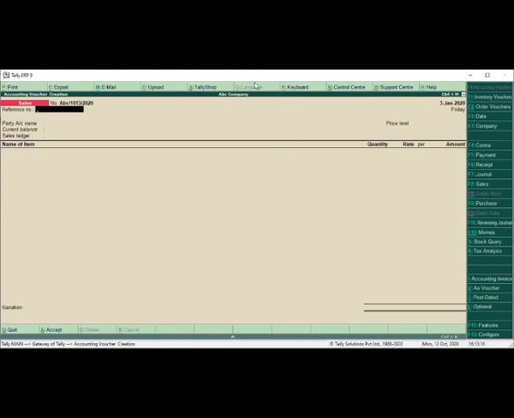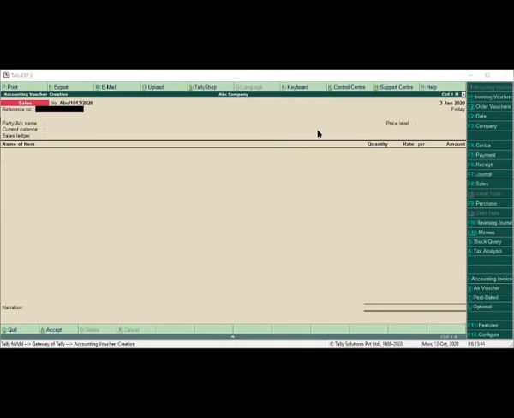Yes, Mr. Mohammed, it can be possible in one unit only. No need to change the unit. You are saying that 100 pieces are coming in one box the first time, and in the second shipment you are getting 50 pieces in one box. It can be possible. You can use the alternate unit. The first one is pieces, and the second one is box. You can define 100 pieces in one box.